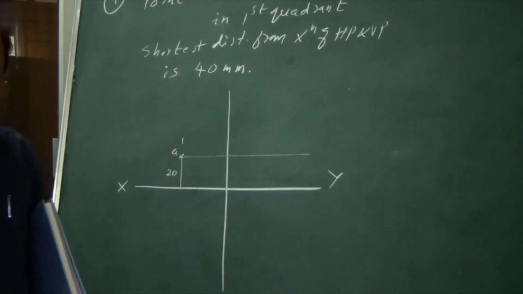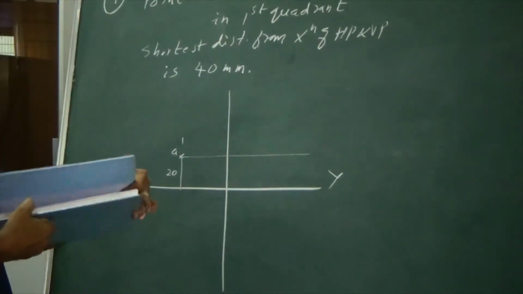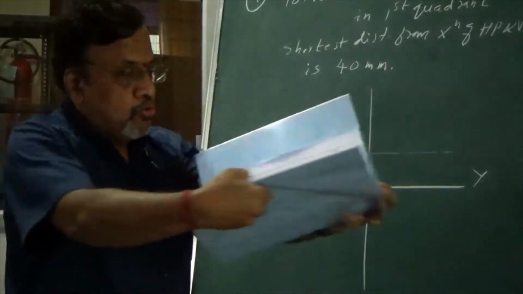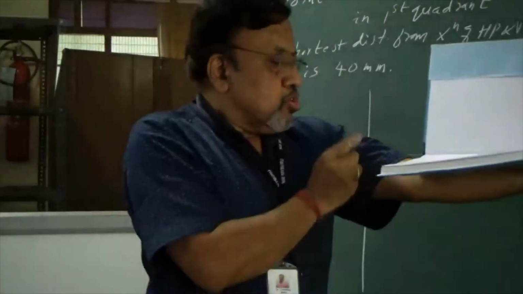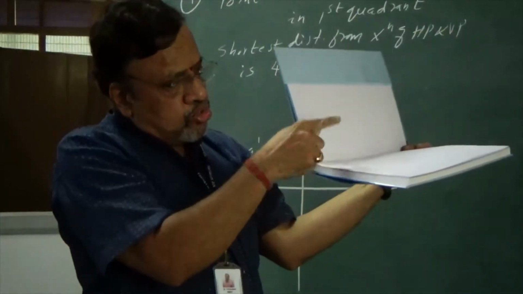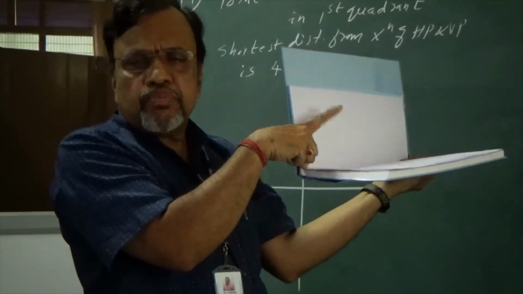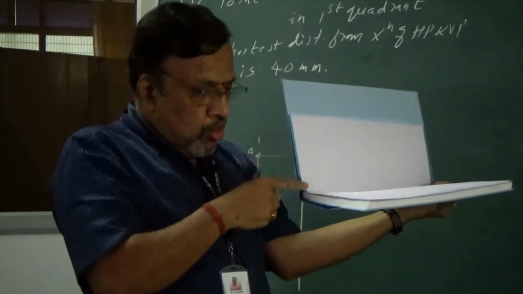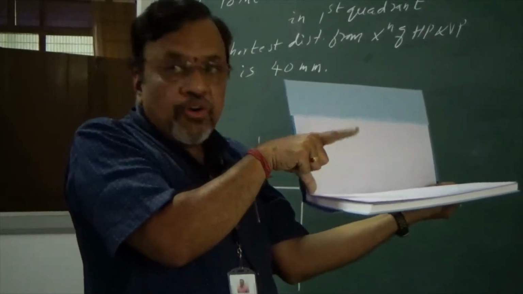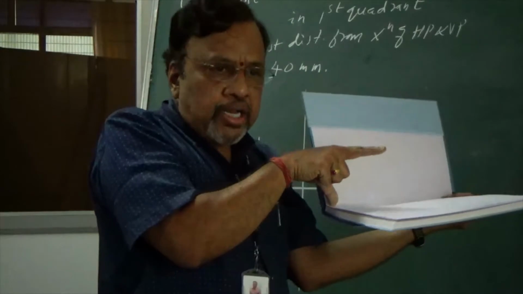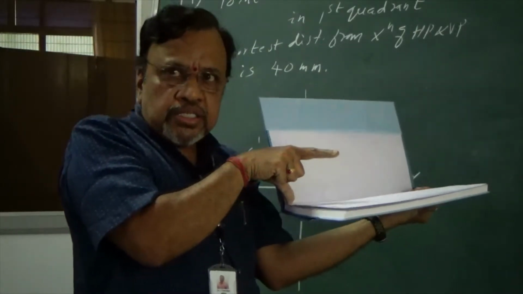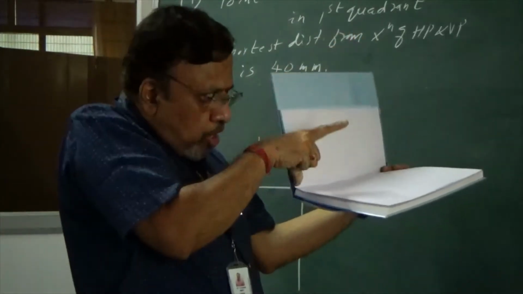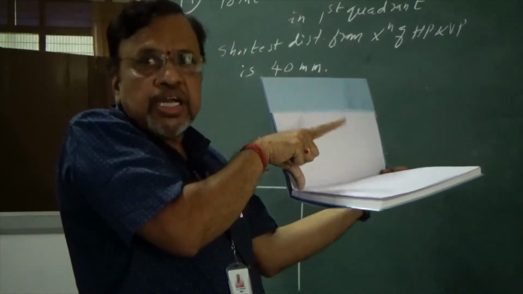Now, the shortest distance. As I was telling you, if I hold it like this for your convenience, the shortest means from this to this. This distance is given as 40 mm. So, how do you get the 40 mm there? From the intersection of HP and VP, I should take that 40 mm. You can see this point is 20 mm above, and the distance is 40 mm, so I need to draw an arc on that.